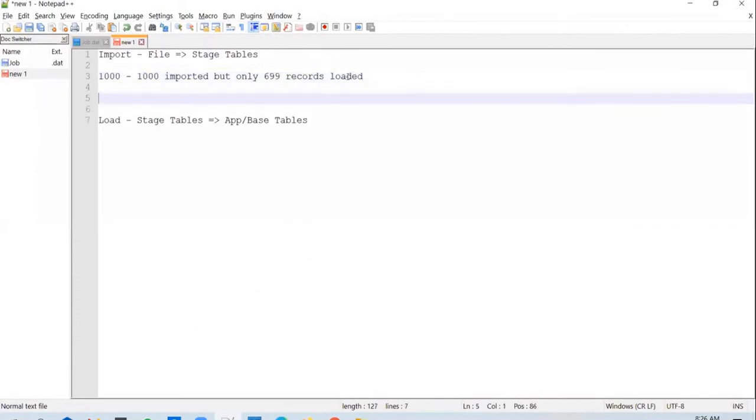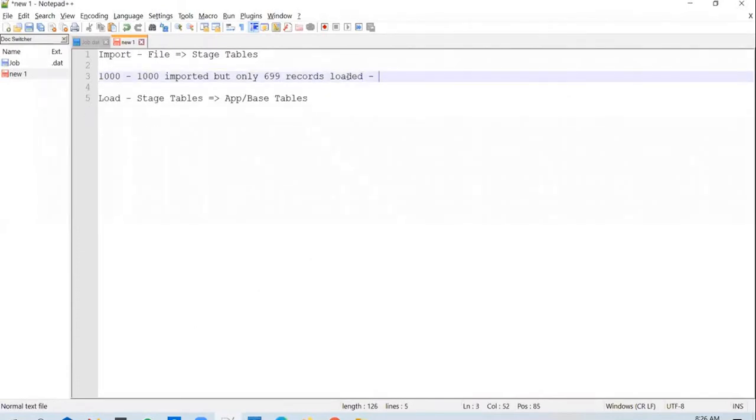So there are 301 records which are not loaded, right? So you will not be able to query these stage tables. In such a case, how do you get this list of 301 records, or maybe 300 records? How do you get that list?